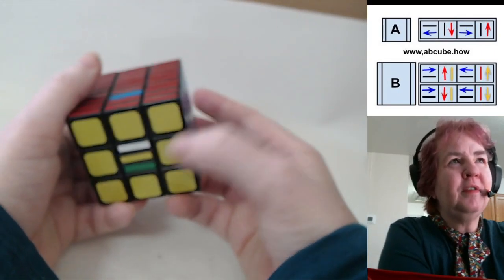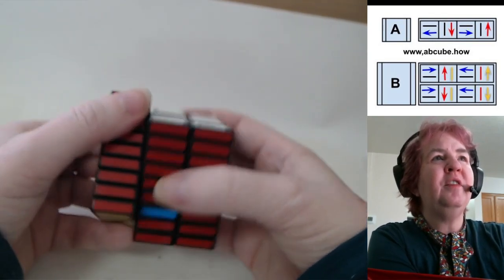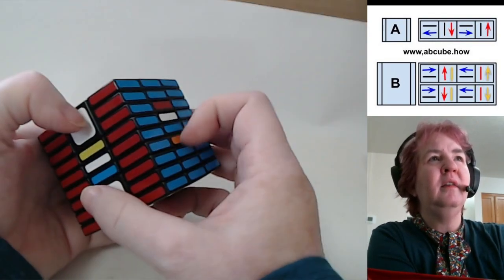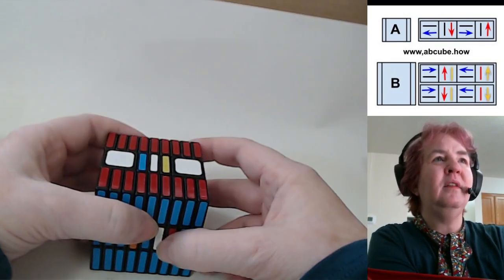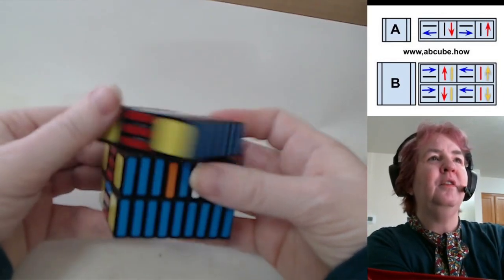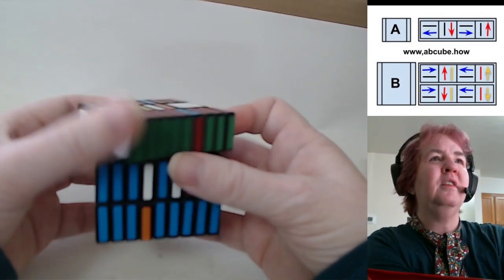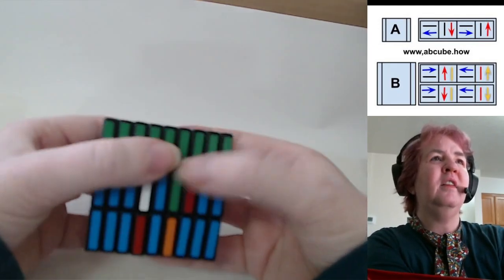I probably should have done those before I started the other ones, but it doesn't matter. So if I want to affect these, I just have to bring them down into this line. Okay, and I'm going then formula. Okay, here's a white. Wants to land there. Wants to land here. So slide up, slide down,